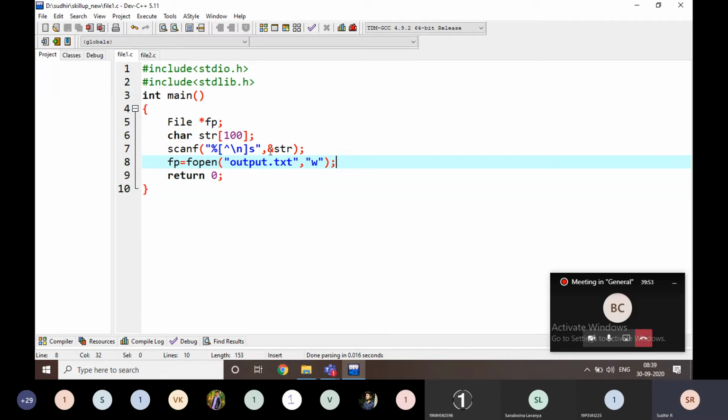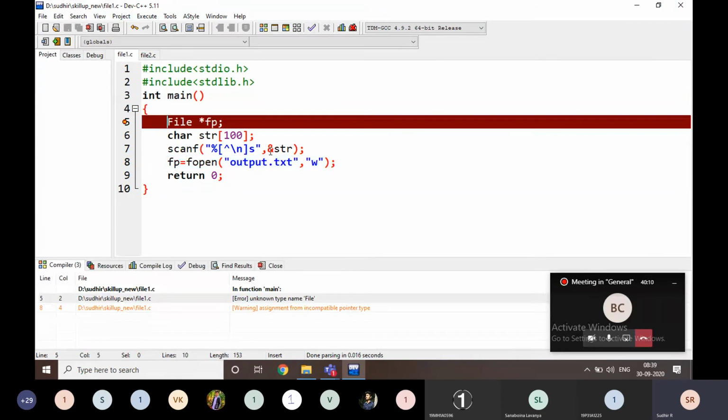Then here, when we are opening in W mode, if the file is not found, it will create a new file.